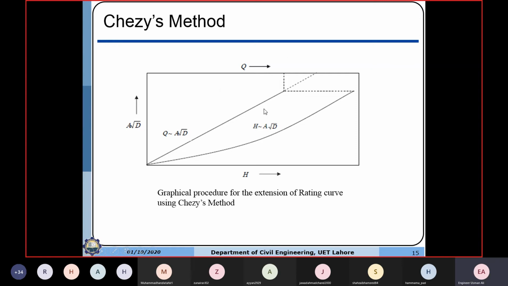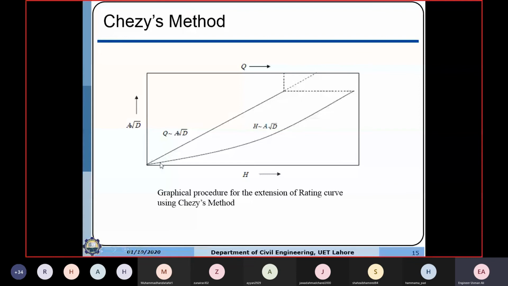तो इस मेथड में पहला स्टेप ये है कि आप A under root D फाइंड करें, find A under root D. दूसरा स्टेप है प्लॉट अ ग्राफ बिटवीन Q and A under root D, that will be a straight line. Third step is plot a graph between stage and A under root D, you will get another line. Fourth step is corresponding to the given stage of 4.4 meter, go to the graph between H and A under root D by drawing a vertical line from the axis of stage to the graph, and then next step is from that point go horizontally towards the